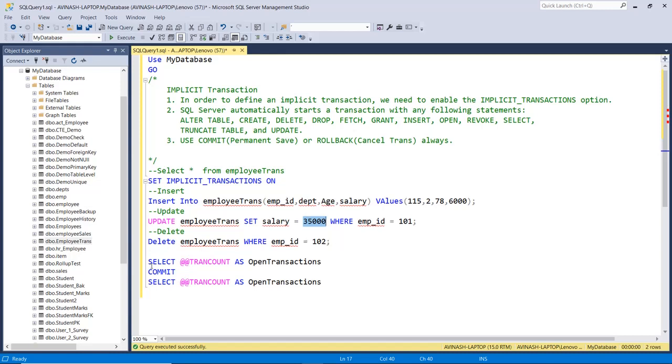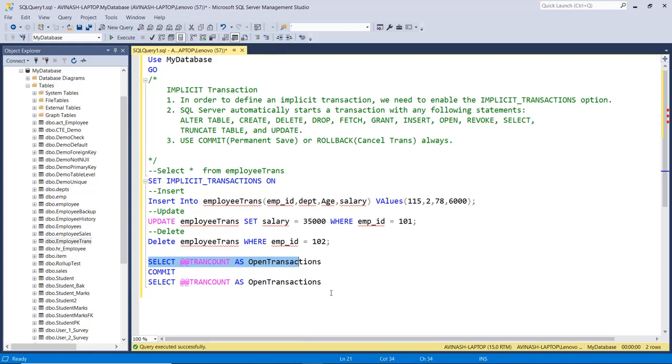After that, select, we are counting the number of transactions in the current session, then commit. And after commit, again we are counting the number of transactions. Why? Because I told you, once you fire commit or rollback, this variable is reinitialized with 0. So before commit, we also count the number of transactions.